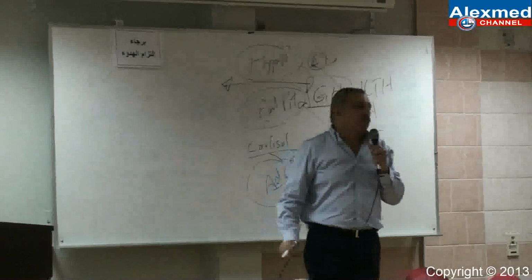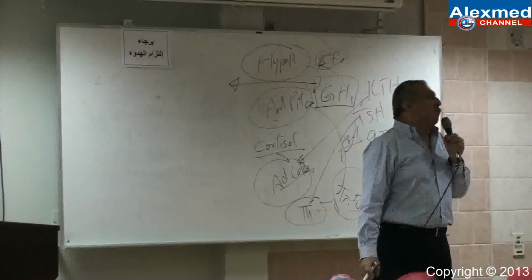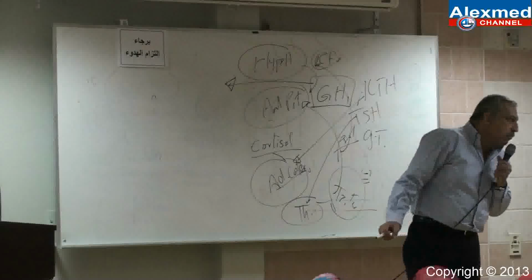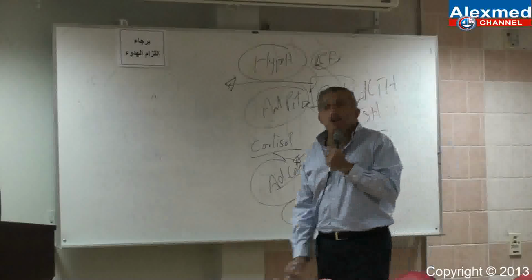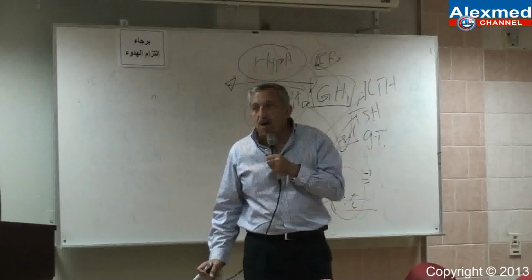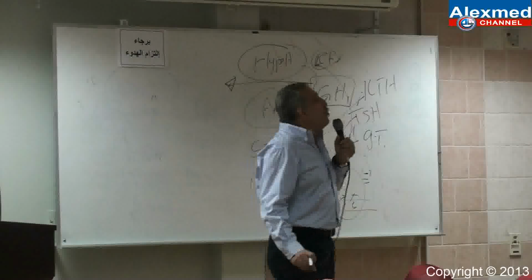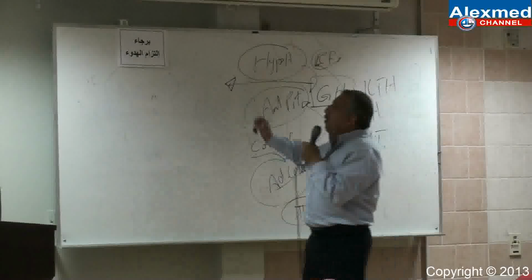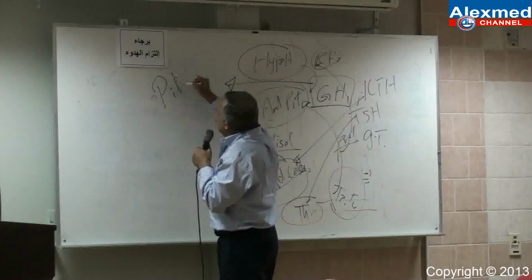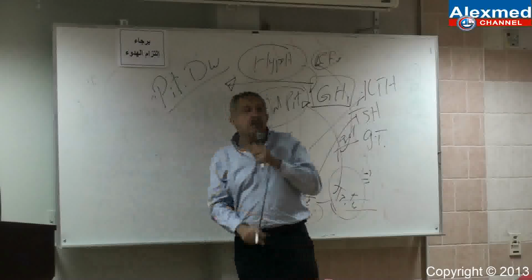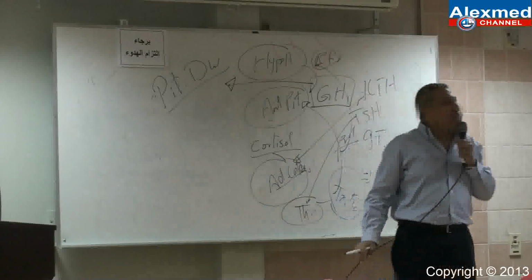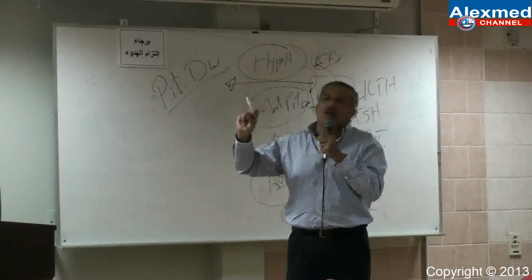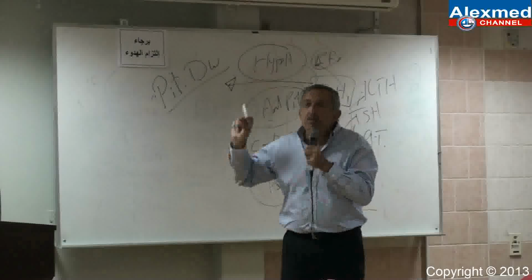I'm going to use it for treatment of what? What's the action of growth hormone? Growth. So, impairment of growth is the main use of growth hormone. What is the impairment of growth in childhood? No. Pituitary dwarfism. Let us be very specific because we have a lot of reasons for dwarfism. The only therapeutic use for growth hormone is pituitary dwarfism.